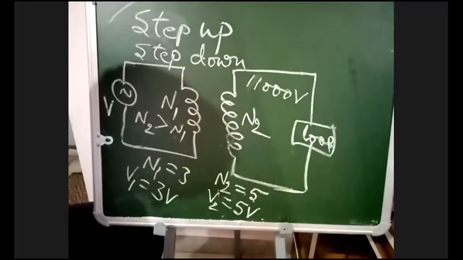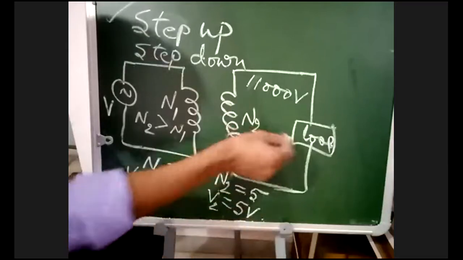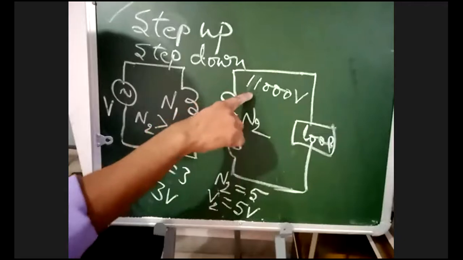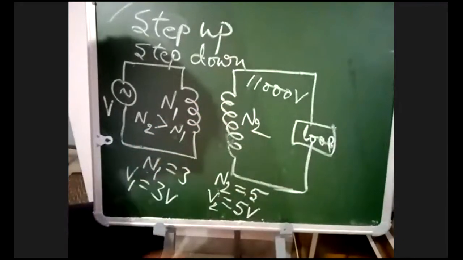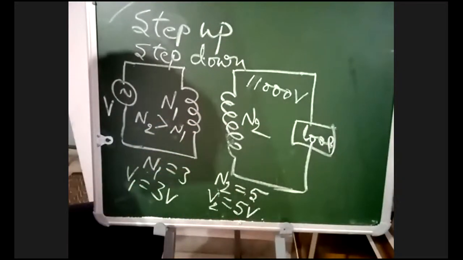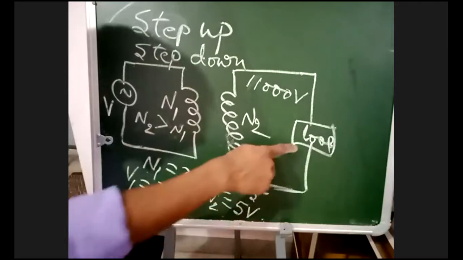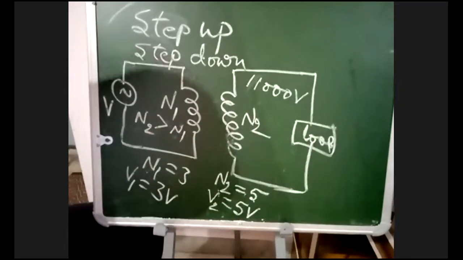That will be melted, that will be burnt out, because the load should not be greater than the transformer voltage. Always the transformer voltage should be greater than the load. Suppose you put more load in your house, a number of ACs, the load will be more in summer sometimes. That's why the transformer sometimes will be blown out. That is the reason why transformer windings are burnt out. Always your load should be less than the transformer voltage.